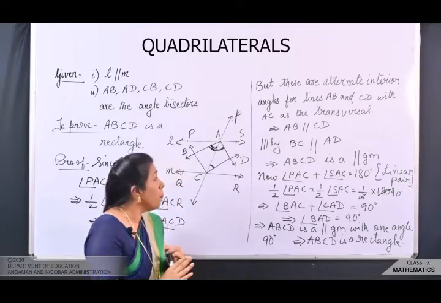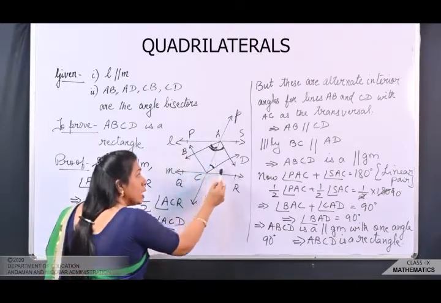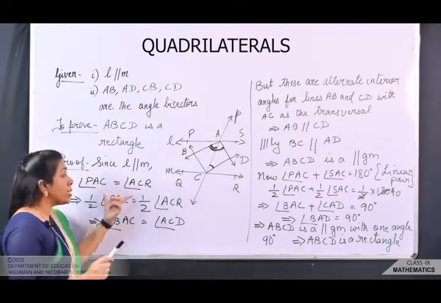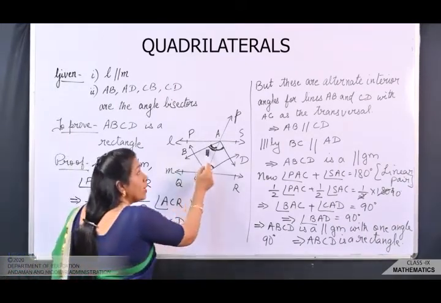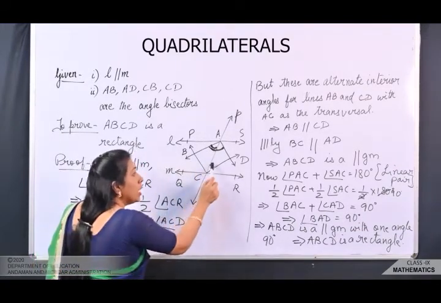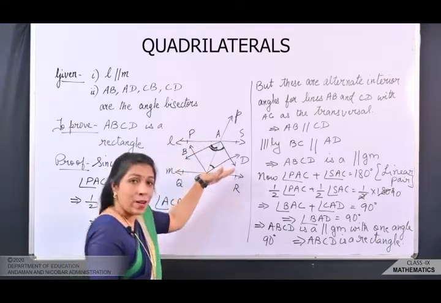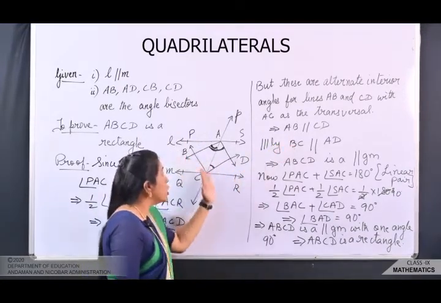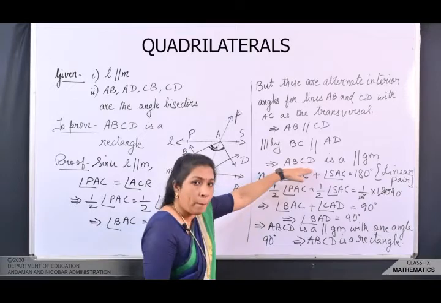So what will we do here? Since these two lines are parallel to each other, we took that this angle is equal to this angle because they are alternate interior angles, right? So its half will also be equal, and instead of that half, what did we take? We require this angle, so we took this, and instead of half of ACR, we took this angle. But again, they are forming alternate interior angles for these two lines, right? Which means these two lines are parallel to each other. Similarly, these two lines will also be parallel to each other. Hence, we got that ABCD is a parallelogram.